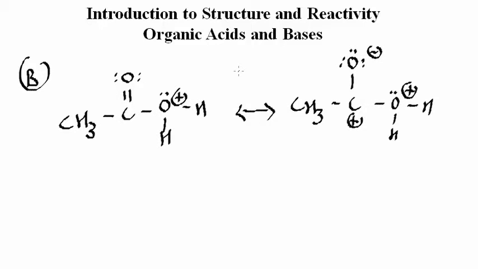On the other hand, if we look at cation B, for which we can write 2 contributing resonance structures, we can see that B2 makes at best only a minor contribution to the hybrid because of the adjacent positive charges, that's on the carbon and the oxygen here. Therefore, the charge on this cation is in effect localized on the hydroxyl oxygen. So from this analysis of cations A and B, we can see that the protonation of the carboxyl group occurs preferentially on the carbonyl oxygen as opposed to the hydroxyl oxygen